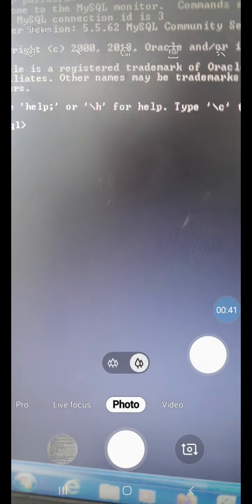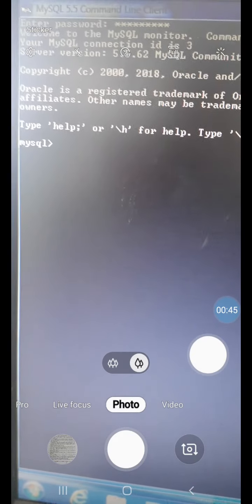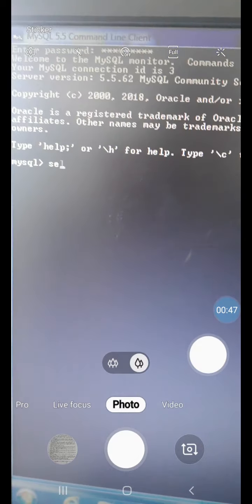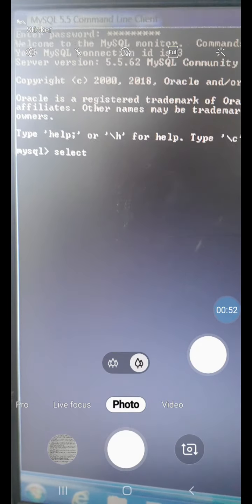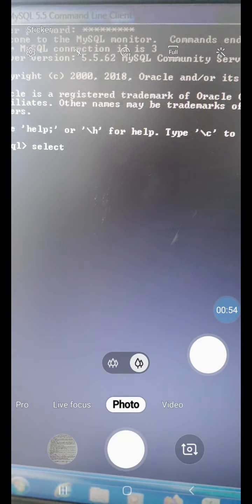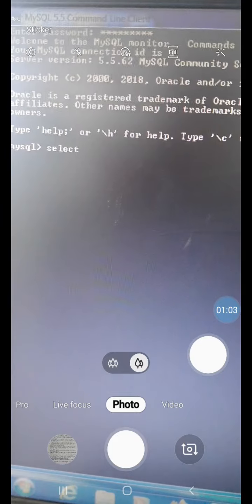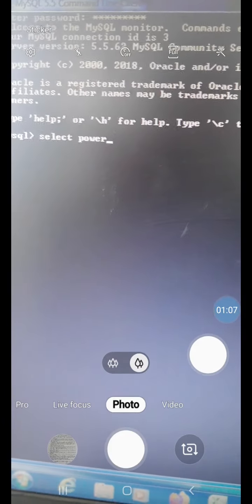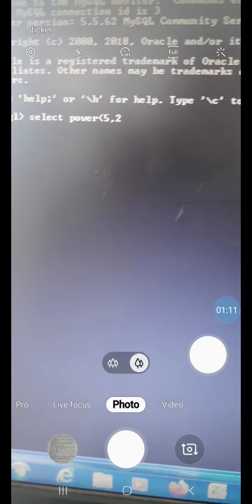First of all, we will discuss all the numeric functions. These numeric functions are stored in the math library of SQL. We can use different mathematical functions like power, mod and round to execute in a single row. For this, we have to write the query select power and the number which we want to raise to a power.